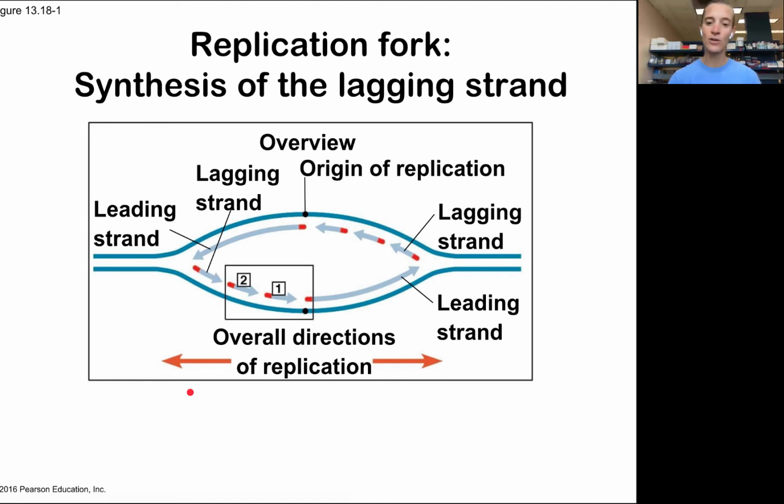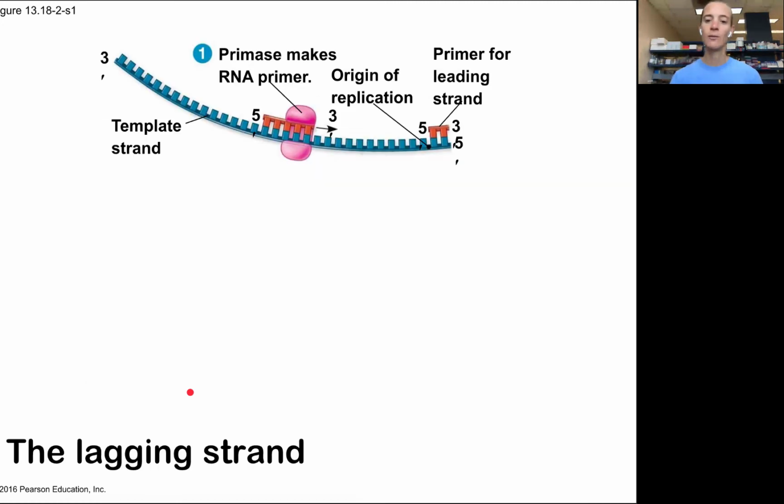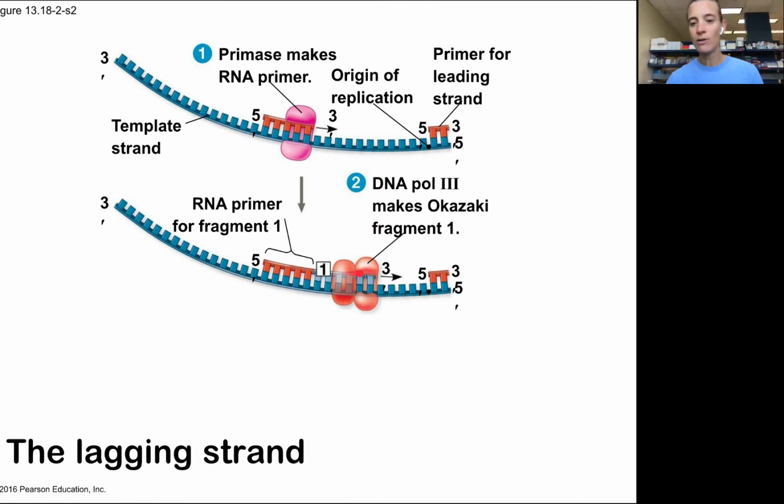In the lagging strand, it's actually a little bit more complicated because you still have to maintain that 5' to 3' synthesis direction, but the strand is kind of going backwards. So what you need to have is, as soon as the origin of replication opens up a little, a primer needs to be made not too far from the origin of replication so that then the DNA polymerase can start